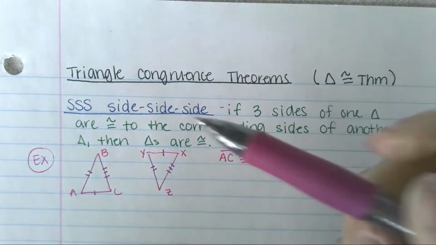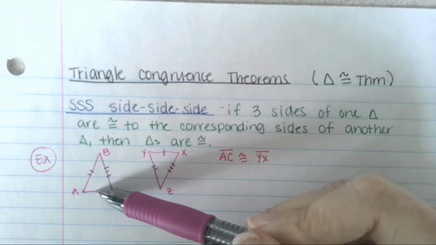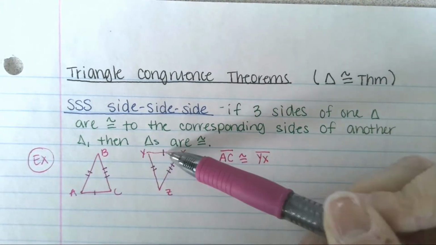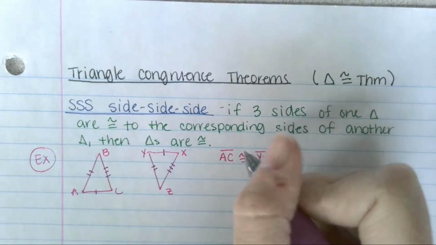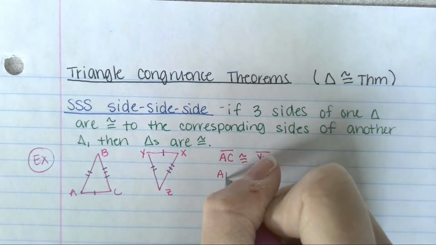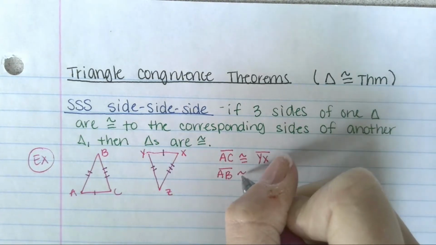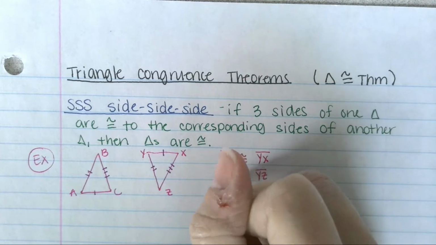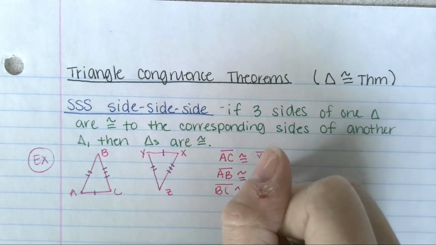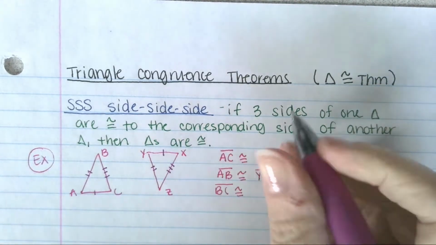And you can see that A is between the 1 and the 2, and Y is between the 1 and the 2, so A matches to Y. And then if you have AB congruent to YZ and BC is congruent to ZX,